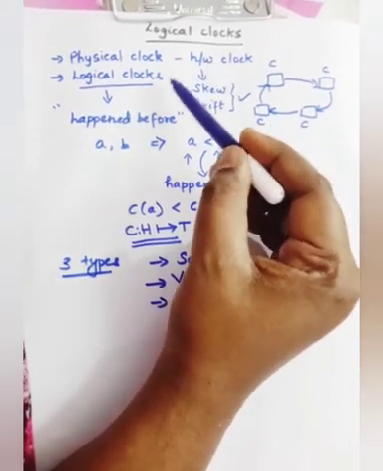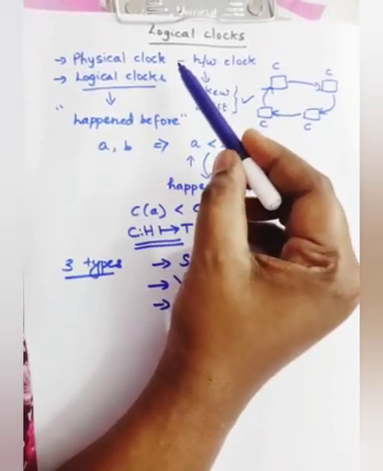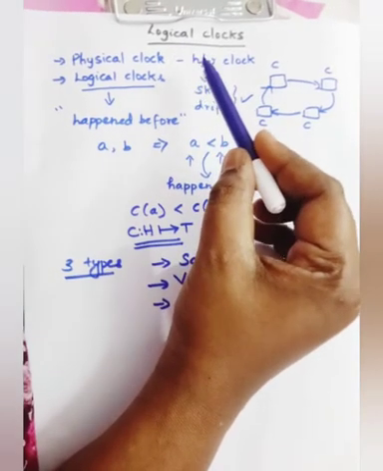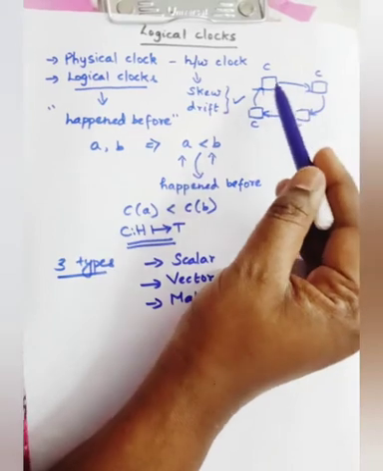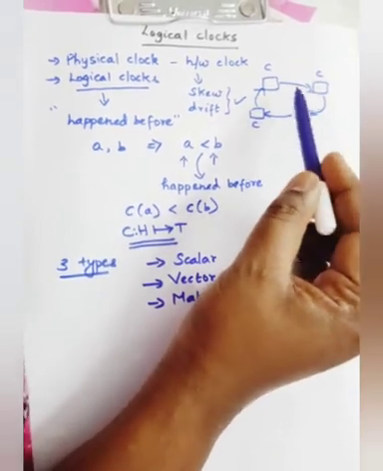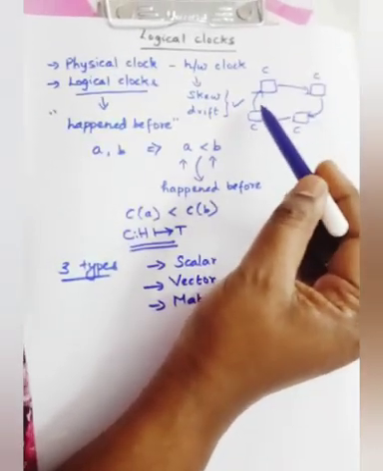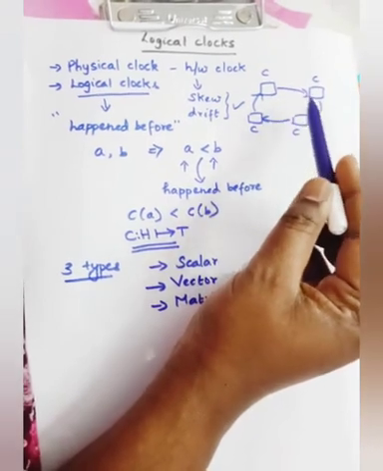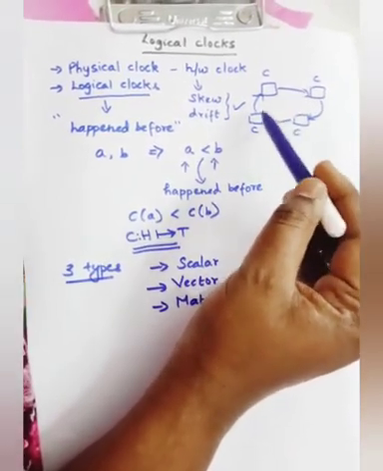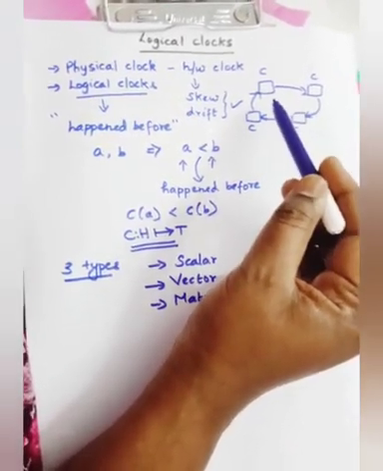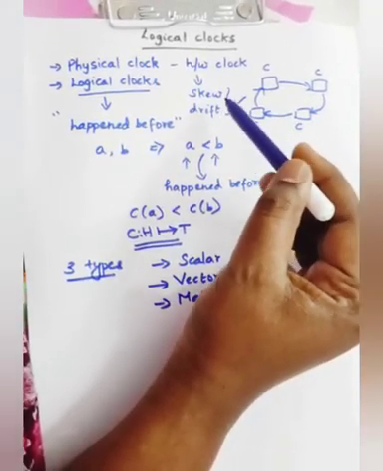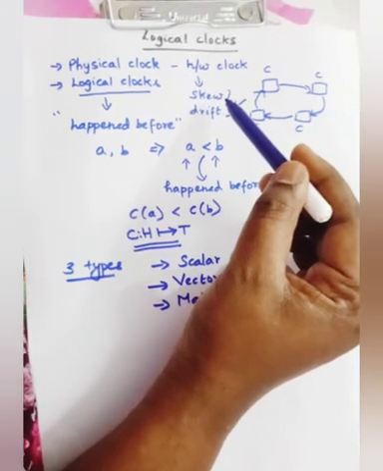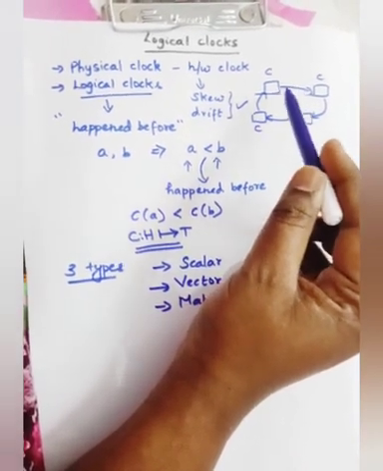So in distributed system, why is this physical clock not useful? Because when every computer or every system coordinates with each other, they coordinate using the timestamp of every machine. So when this coordination is taking place, there will be a skew or a drift. Skew is nothing but variation between the machines in timing.